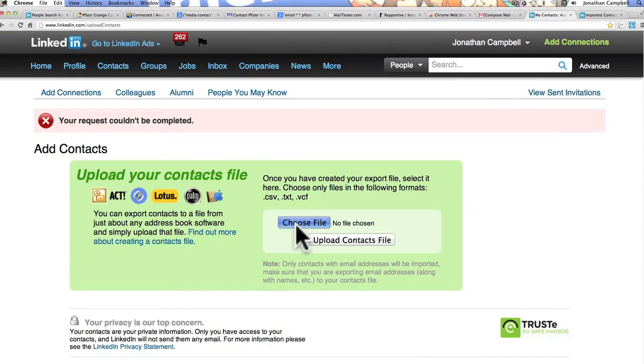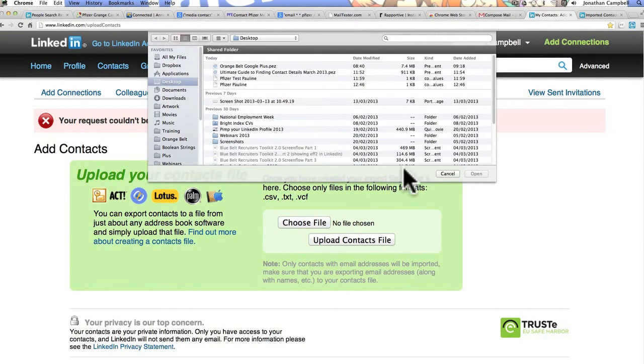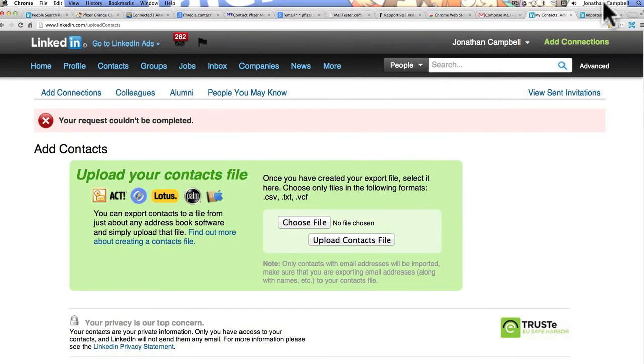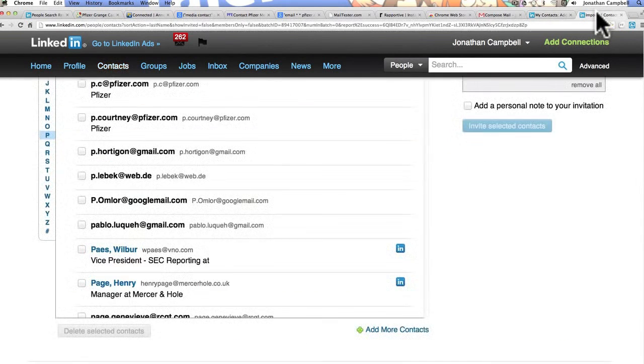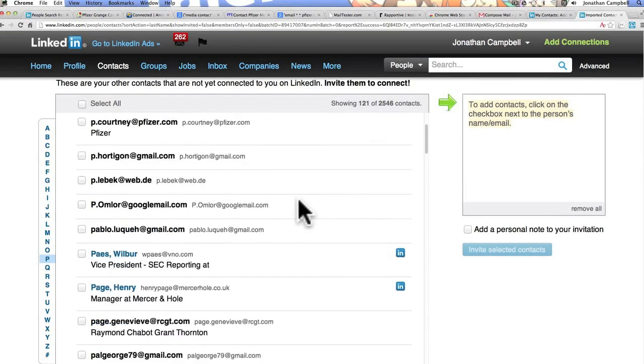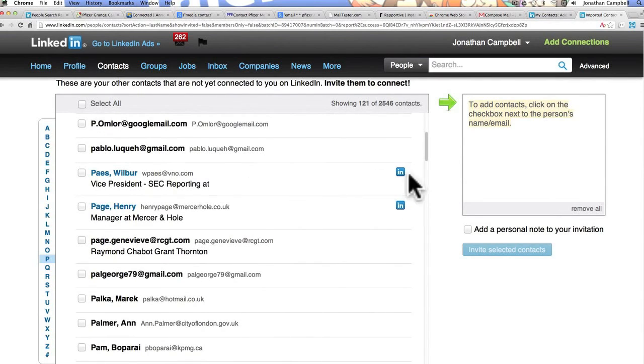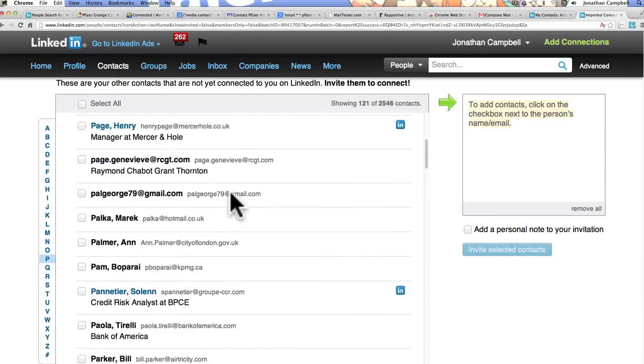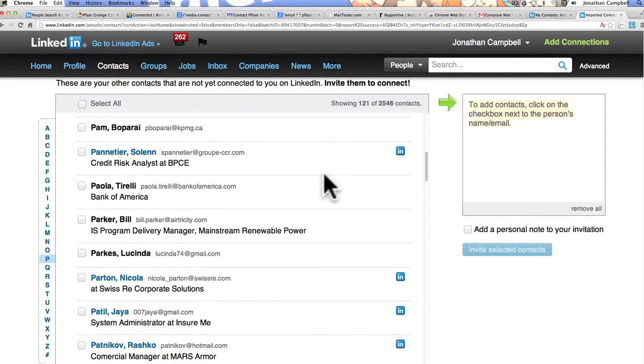So when you get to this page here, you can choose the file that you've saved. So you find that where you've saved it. You then upload that file by clicking Upload Contacts File. It will work for about 30 to 60 seconds, and then it will show you in a list all the email addresses you've imported, all of those different variants. There might be 60 or 70 variants, but the one that is correct should have a match against somebody on LinkedIn. So for example, you'll see this blue in button to the right hand side of the address that is